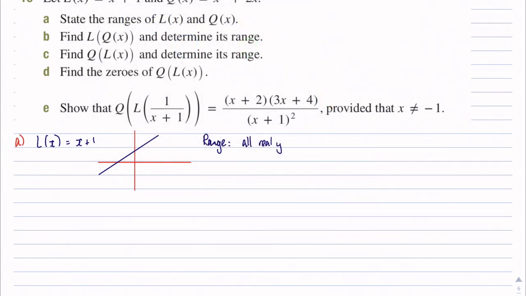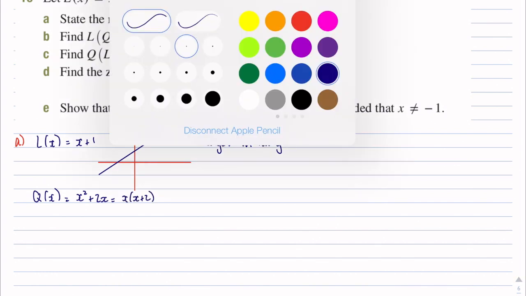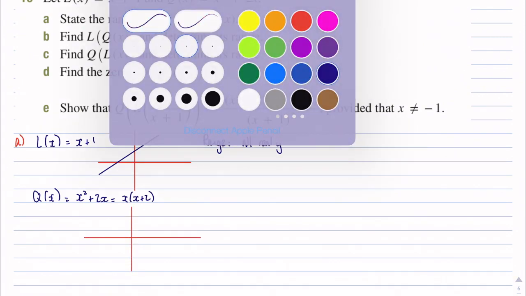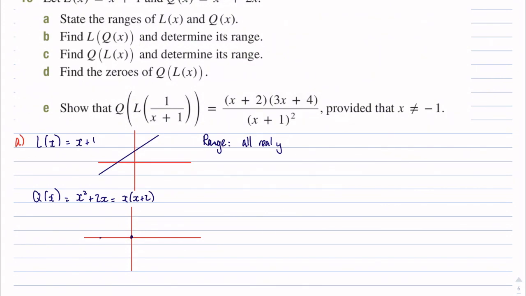If we then have q of x, well, that's x squared plus 2x, which is the same as x times x plus 2. If I were to draw that, it has intercepts at 0 and -2, and it's concave up. I'm not drawing it too well. It looks like that. So its range,